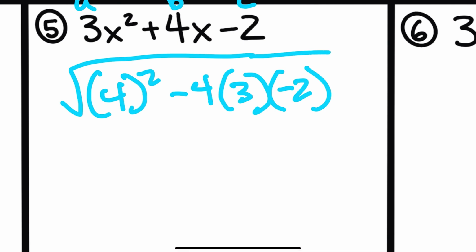So I'm going to do my squared part first because that's the first thing that I see. So I got 4 squared. I know that's 4 times 4. I know 4 times 4 is 16. I'm going to do my next part. I got -4 times 3. That's going to be -12 times -2. That's going to be